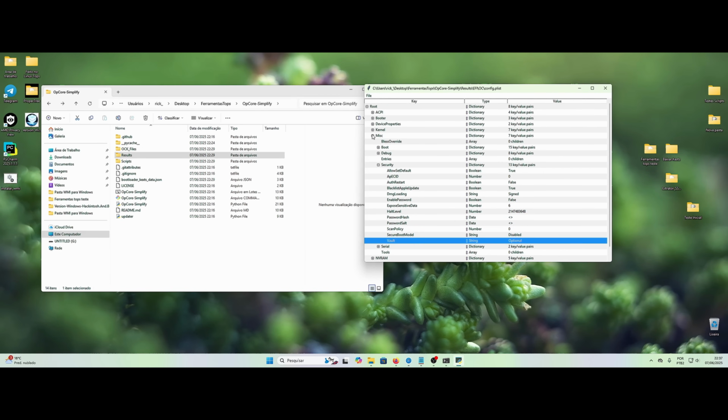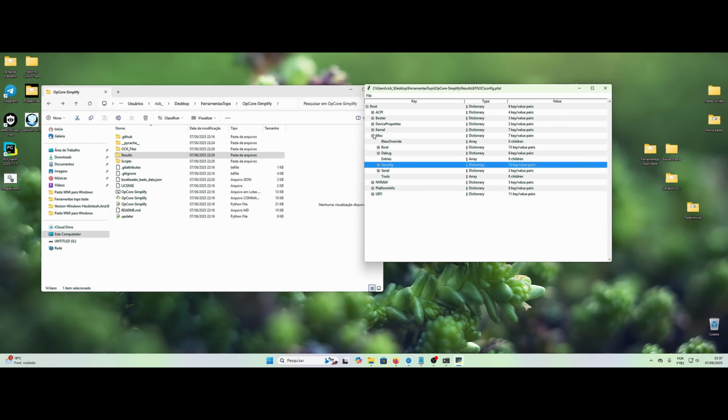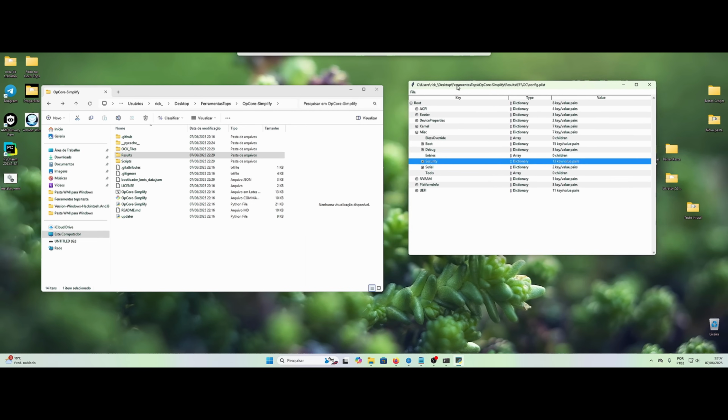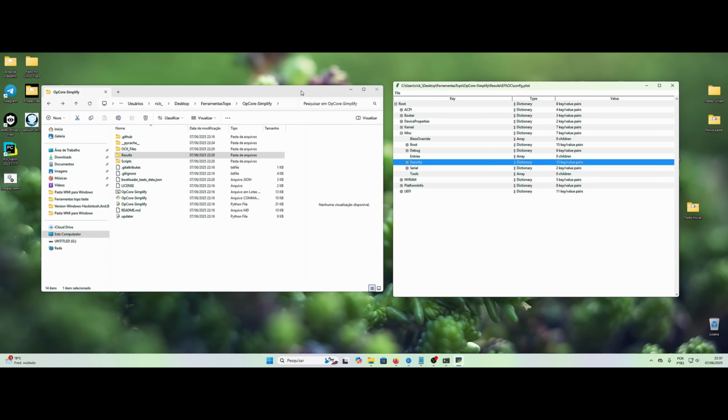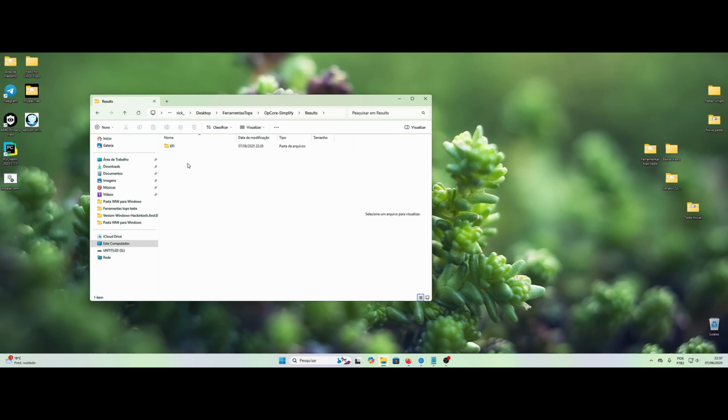Let me check it out here on Misc. Oh, everything is okay. Here is the base for me to go up there, okay? Vault has to be in optional, security boot model disabled, and the scan policy has to be at 0 everything. But I know by reading the guide, okay? It's not hard to read the guide there. But for those who are doing it here, this here is developer mode. It's a little deeper here inside the OpenCore Configurator, but it's also an easy way to do it. So here's okay. Can I close here?